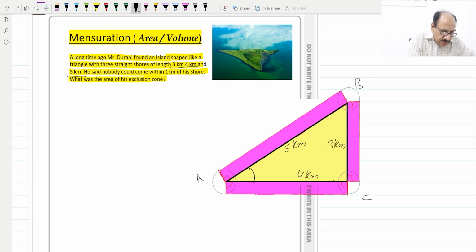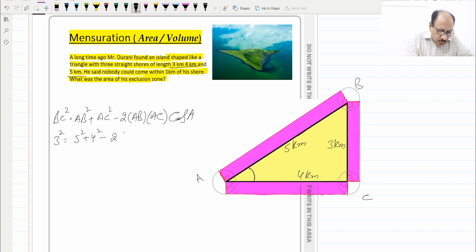So BC squared is equal to the other two sides squared, AB squared plus AC squared, minus 2 times AB times AC times cos of angle A. Now we can replace the values. BC is 3, so 3 squared is equal to 5 squared plus 4 squared minus 2 times 5 times 4,